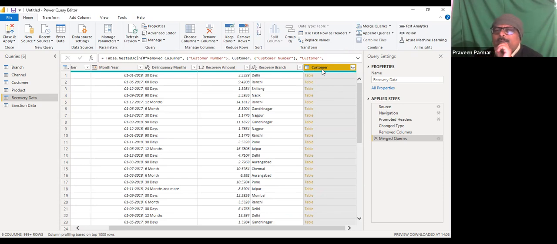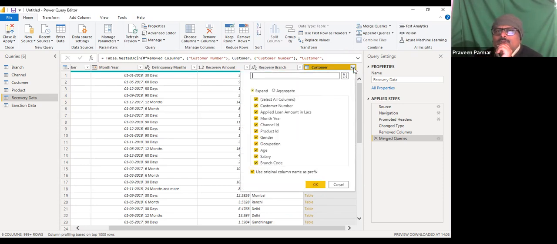Here you see the customer column. So I just click here, and you see all the column names of the customer table. But I will deselect all, and I want channel ID first, and "use original column name as prefix".